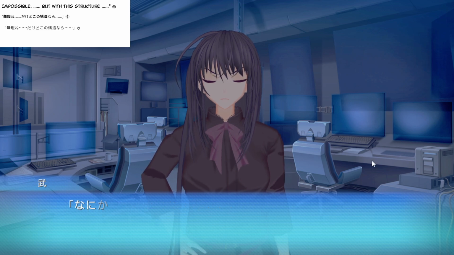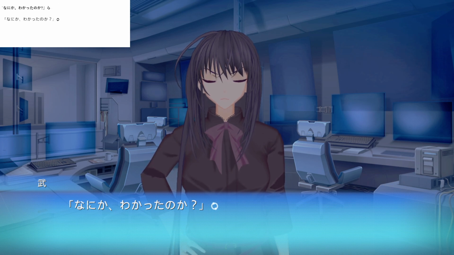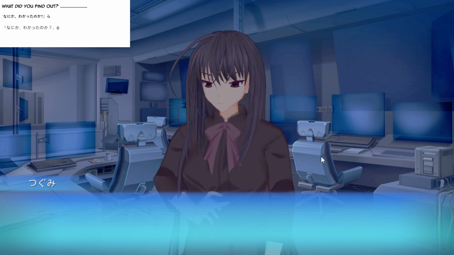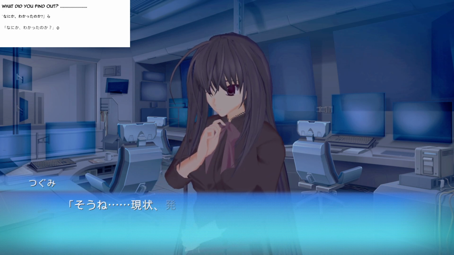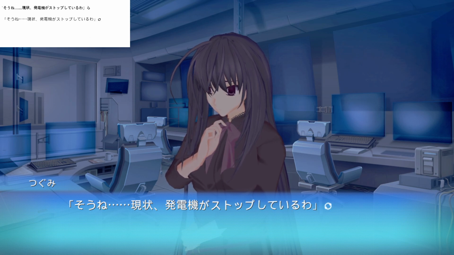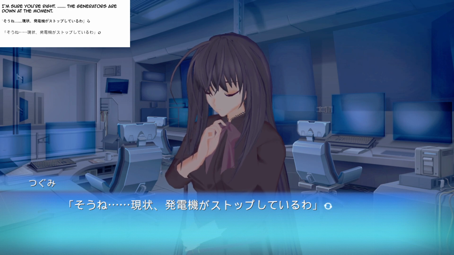But with this structure, what'd you find out? そうね。現状発電機がストップしているわ。